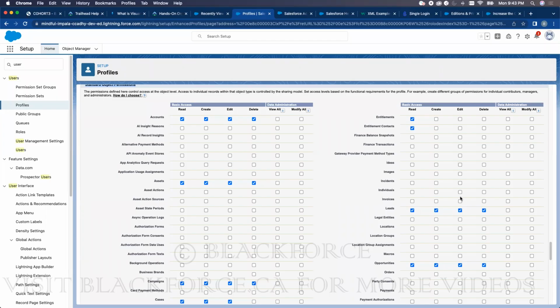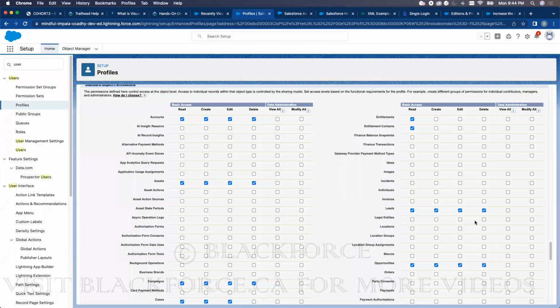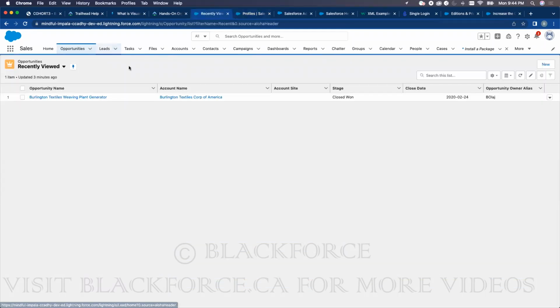Now, as a developer, you need to understand that even though you can grant access to an object using these settings, you can also programmatically grant access using the Apex code. When we get to the Apex code, you will see how you can check if a particular user has access to edit, to delete. Do you know why you have to do that? Because